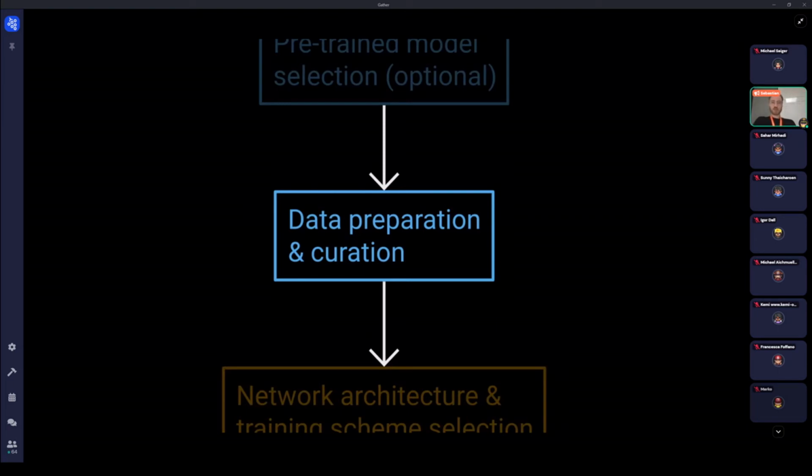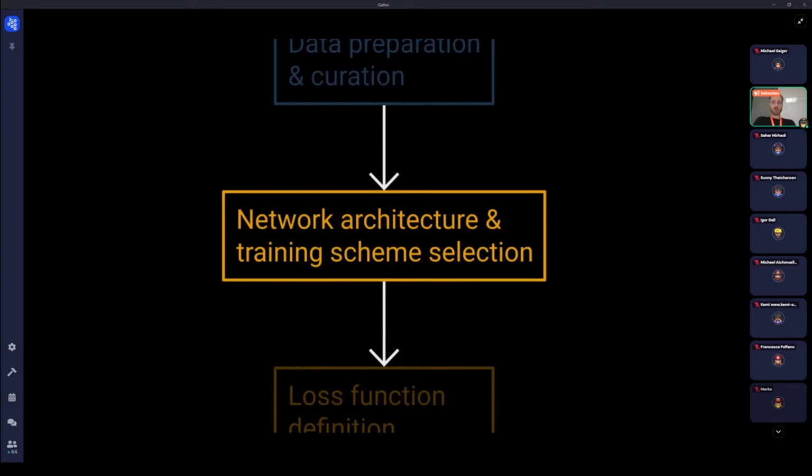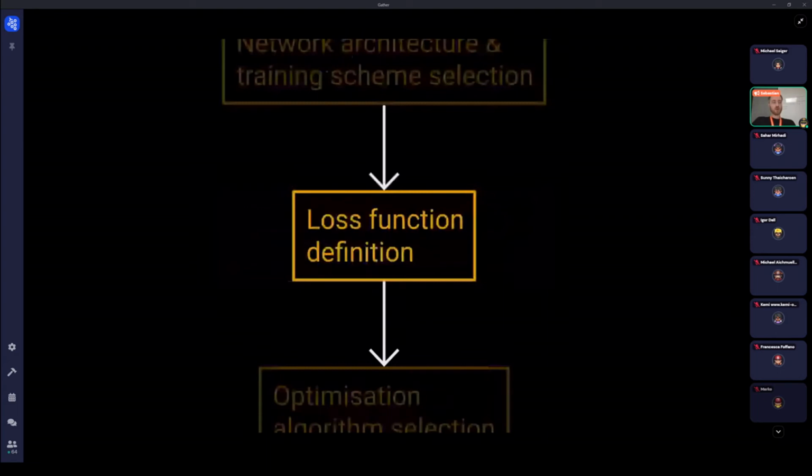The next 4 steps are kind of classic optimization problems in AutoML. I'm going to go through them real quickly. So network architecture, this is very similar to the network architecture search that I mentioned earlier, and also the training scheme selection. Then loss function definition. This is a little bit more something that we put in ourselves because